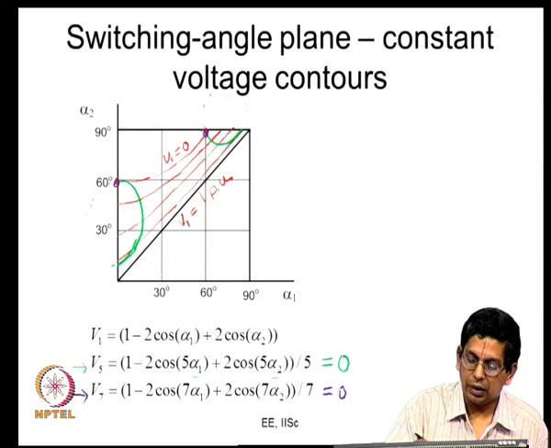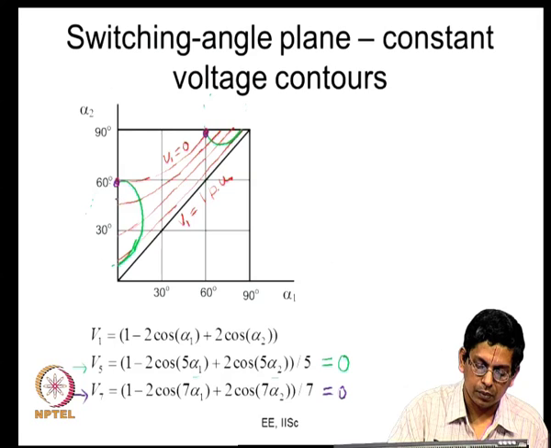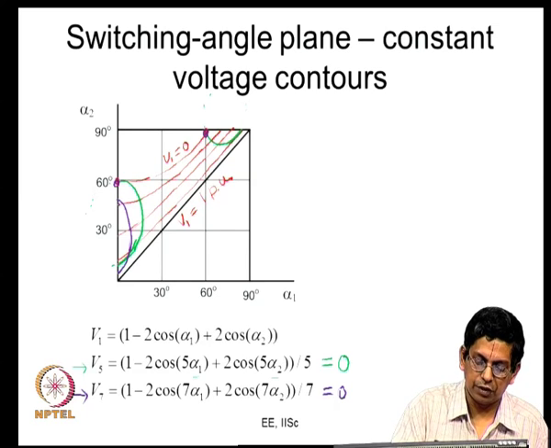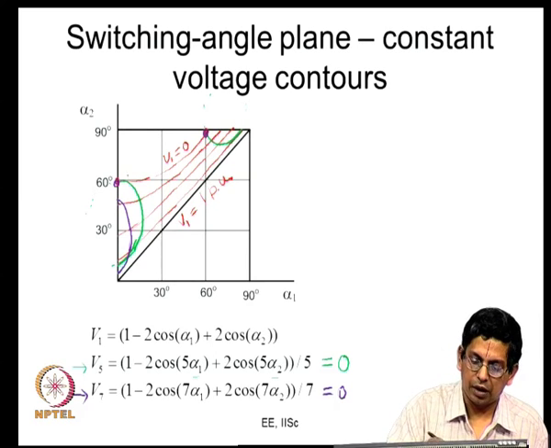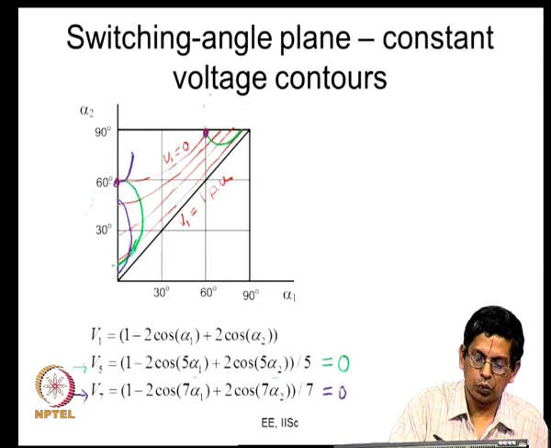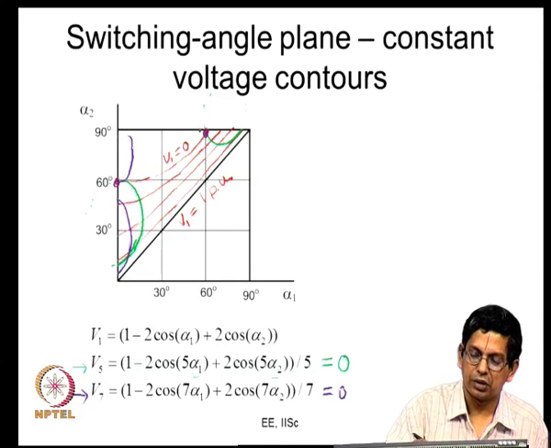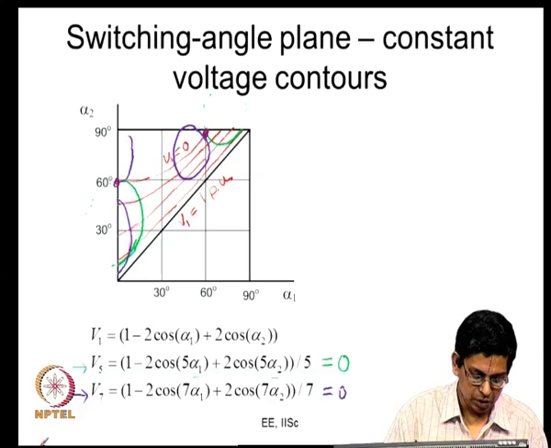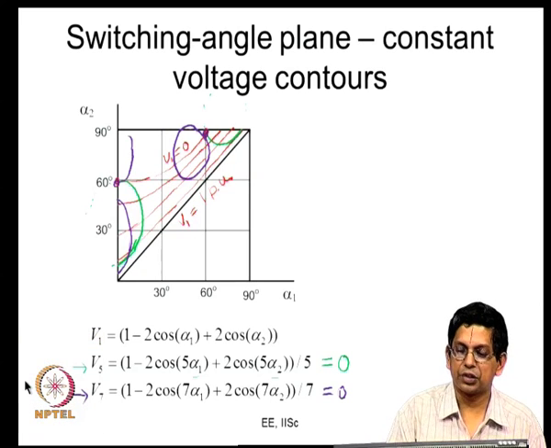If you look at that, there will be another one here. You may have some V7 equal to 0 curve here, you may have another V7 equal to 0 curve which is going up, which is not within our interest, and you will have another V7 equal to 0 curve like this. You may have some other curve like this. We have done all this before, we are just doing this as a recap.